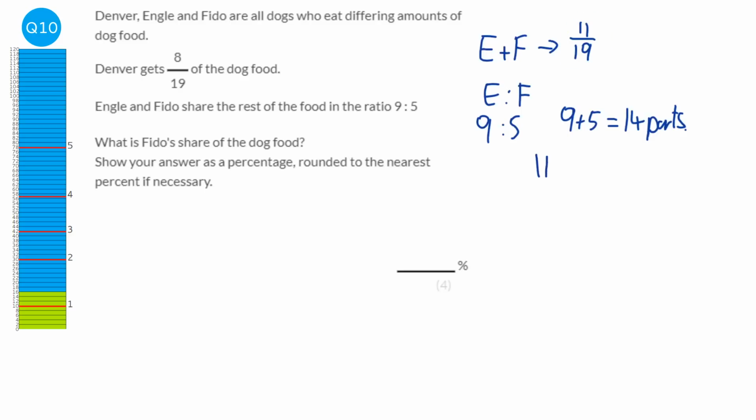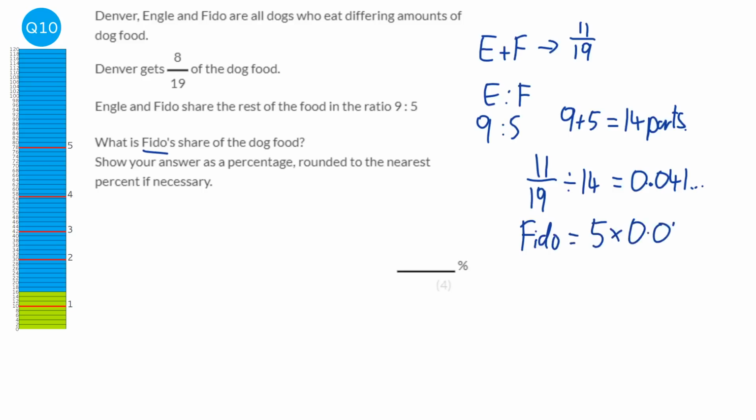So what I'm going to do is to find out what fraction one of those parts is worth by dividing 11/19 by 14. So each part is worth, and I'm just going to keep this in my calculator, 0.041 and so on. And we're asked to find Fido's share. Well, Fido has 5 parts, each of them worth 0.041 and so on. I've kept it in my calculator to keep the accuracy, and when I do that I get